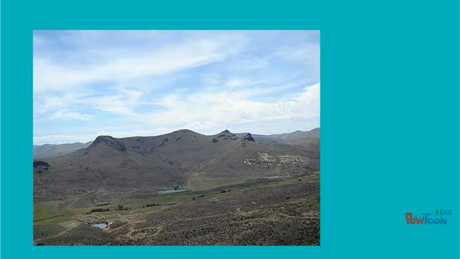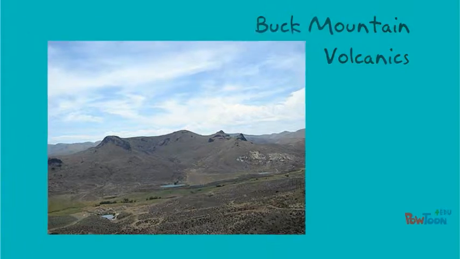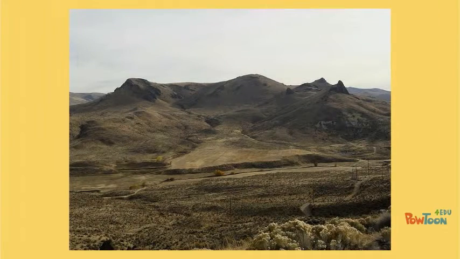Buck Mountain Volcano was formed about 11.6 million years ago. This small rhyolite volcano in the Owyhee Mountains south of Homedale was built during one of the eruptions that led to the formation of the Jump Creek rhyolite. In this view, one is looking into the volcano's crater area. A small rhyolite lava flow was extruded from the volcano, whereas the volcano's slopes are an accumulation of small blobs of splatter that merged into the original narrowed form.